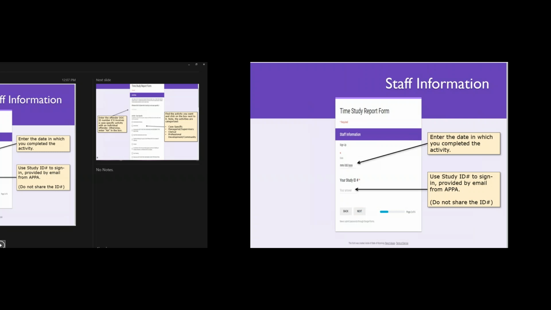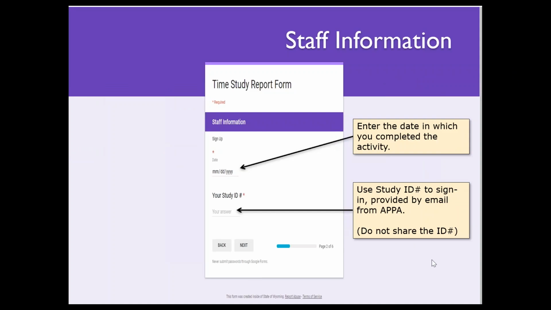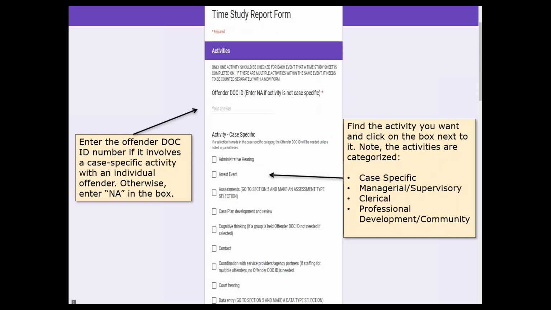So once you've entered those 2 pieces of information, you will proceed to the next section, which is the activities list. Now here at the top, you'll see only one activity should be checked for each event that a time study sheet is completed. And so actually you'll only be limited to click on one of the activities each time you